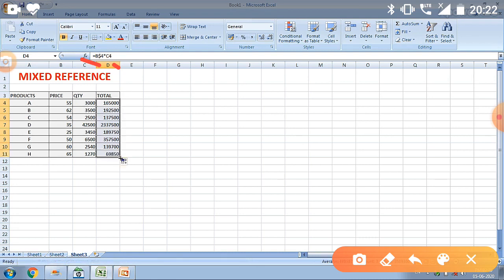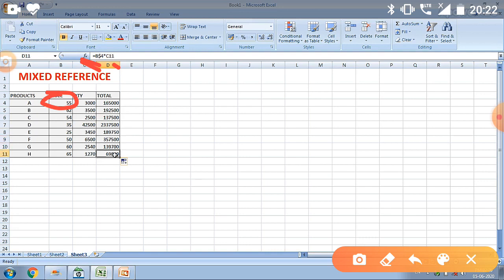You can see that the answer is filled. Now you can see that it is fixed and will not change: it is always B4. Now C6 has changed, but B4 has not. Again you can see C7, C8, C9, C10 automatically changed, but B4 is fixed.